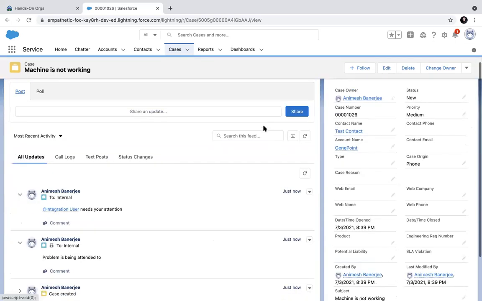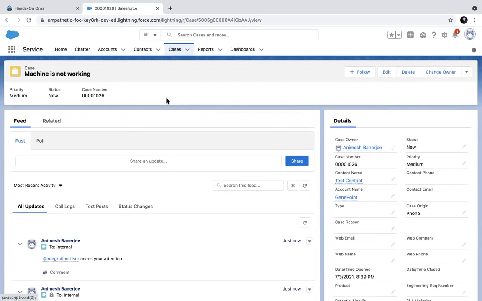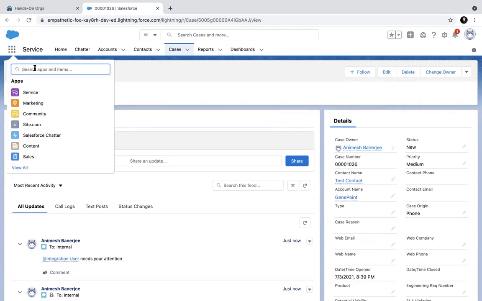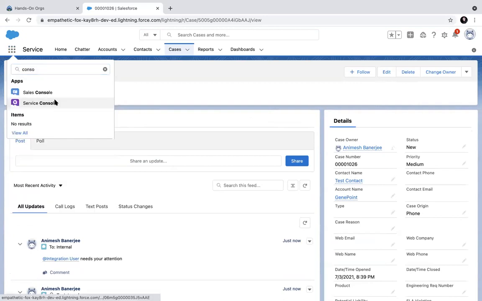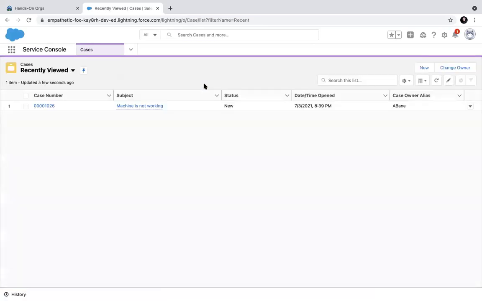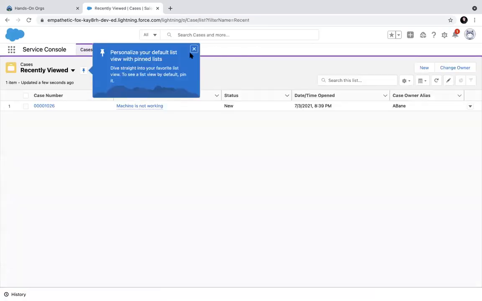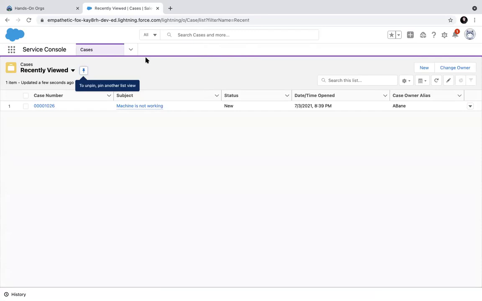Yeah, so there can be these things, and then you also have a separate view, as we are calling it, service console. So service console is the same if you want to work on this case, but you have it all together in one screen. You don't have to keep on jumping. So if you click on this,